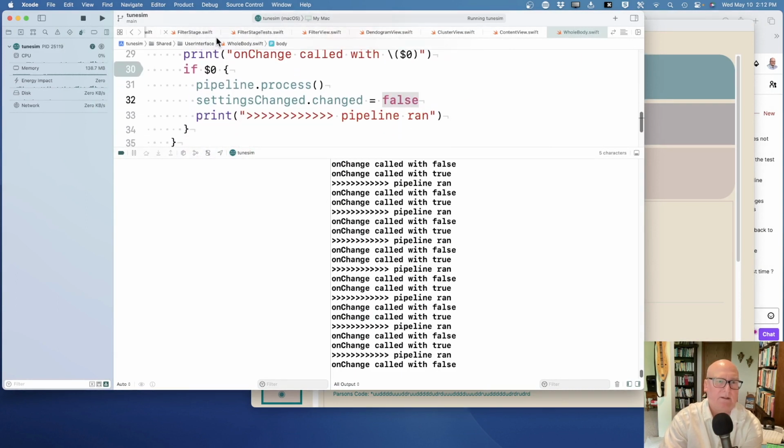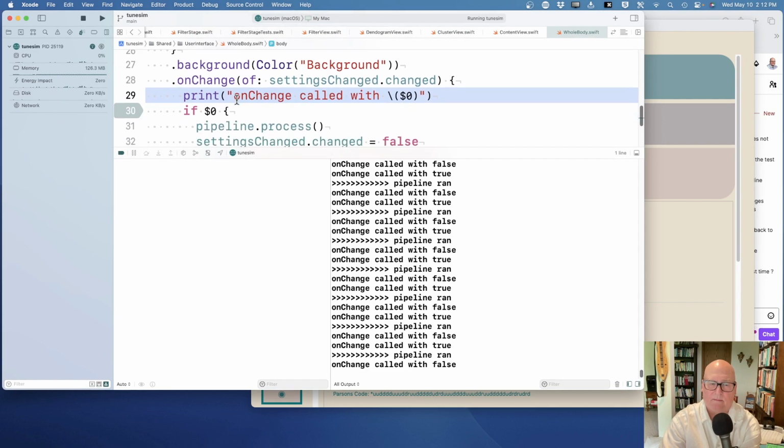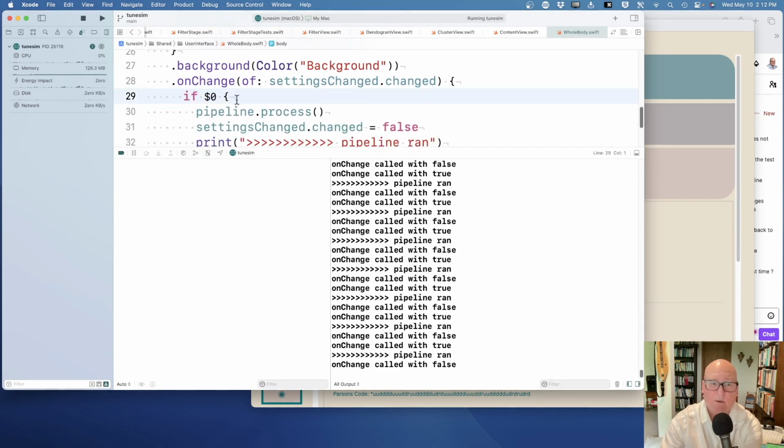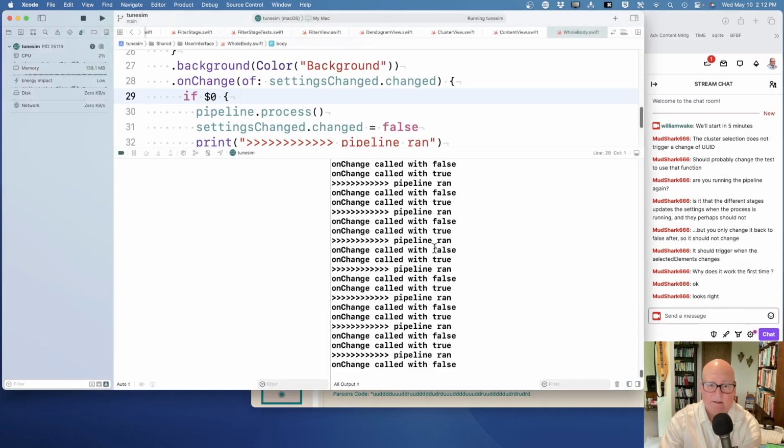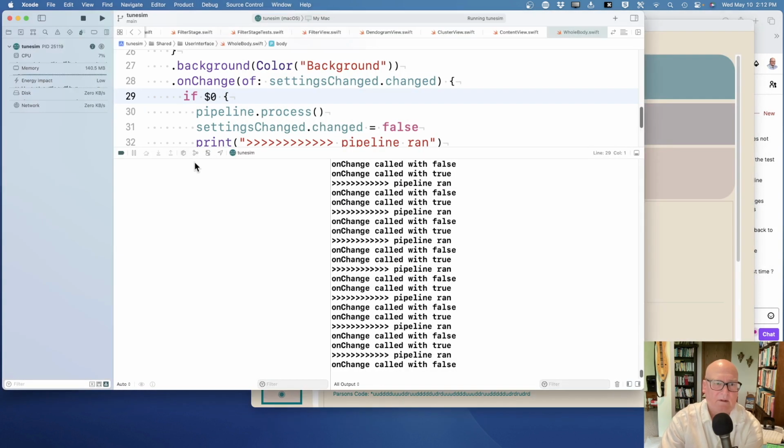Okay, so I do think this I don't need. I'm trusting this mechanism. I'm seeing false, true, false, true, false, true. Okay, I was worried about those falses, but I get it now. Yeah, I think this one's okay. Now,